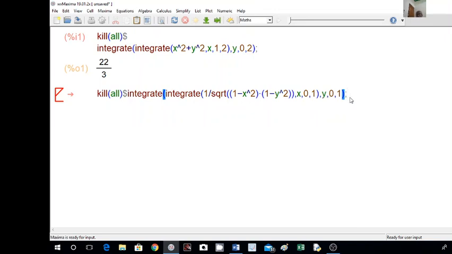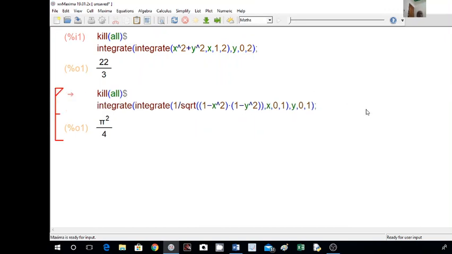So let me execute here, shift enter, pi square by 4. It is not necessary that every time you have to write on the second line only. You can continue in one line because we are putting the dollar sign here, or if you want you can push it to the next line. Then if you execute here, the same answer. So you can write in one line or in multiple lines. Okay.